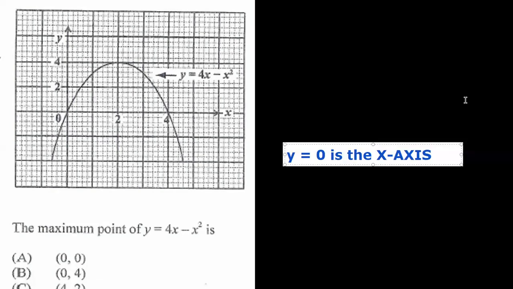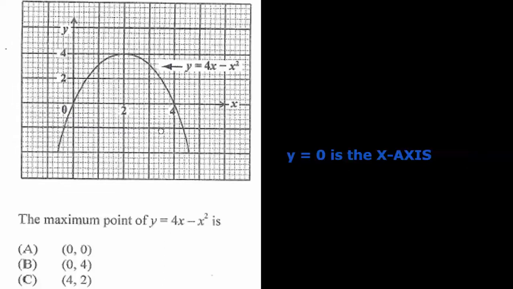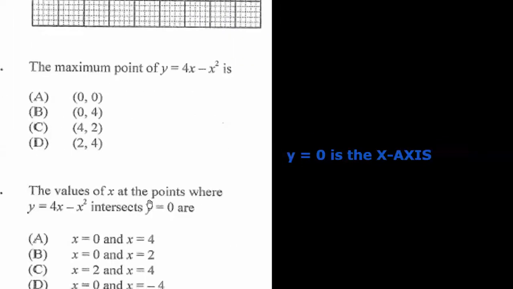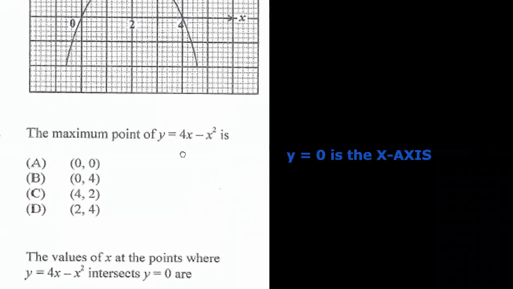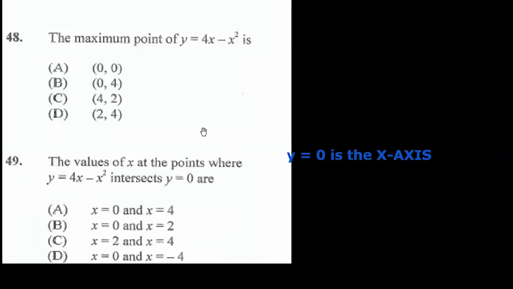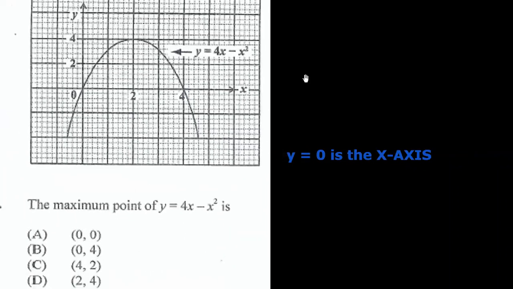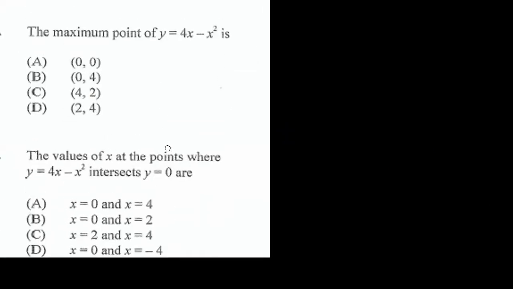All right, so what does the question say? The question says the values of x at the points where y equals 4x minus x squared intersects the x-axis. That's the x-axis here, and it cuts the x-axis at 0 and 4. Let's get the letter. So the answer is going to be